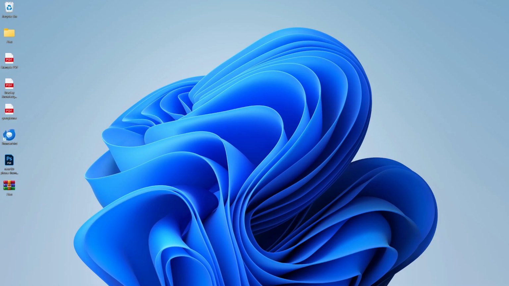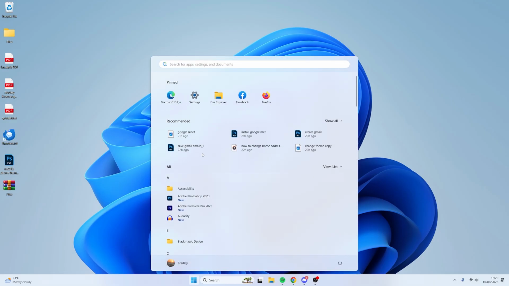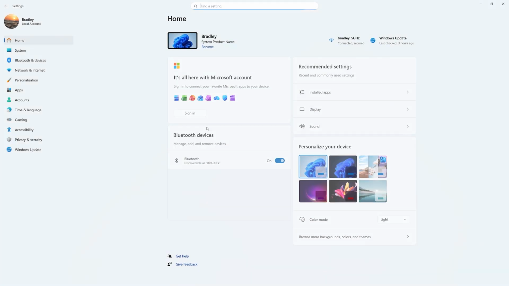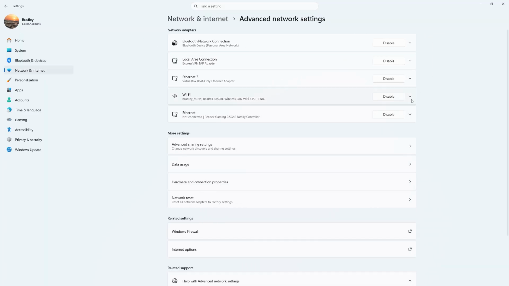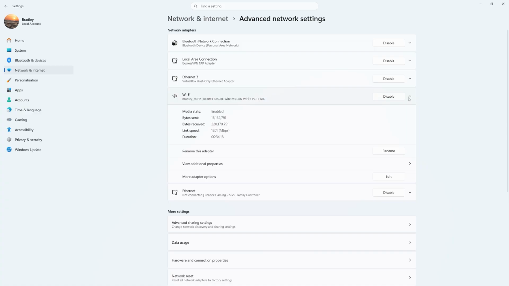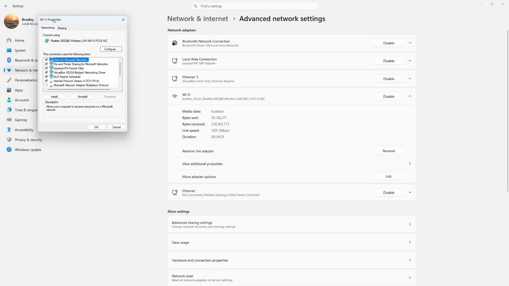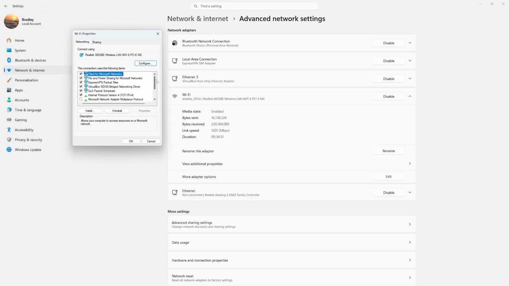So the first thing you can do is go to your Start menu and then go to Settings. And once you're in Settings, you can go to Network and Internet and then click Advanced Network Settings. From here, you can go to your Wi-Fi and click on this downwards arrow and then go to More Adapter Options and click Edit. This will open this Wi-Fi properties window, and you can go ahead and scroll down and